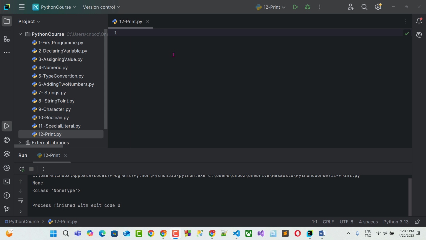Yes, friends, we are printing to the screen using the print function. Inside the print, there are many features and many ways to print. For example, if I want to print numbers and see them in a new line, I use a different option. But if I want to see them on the same line, I also use a different option.